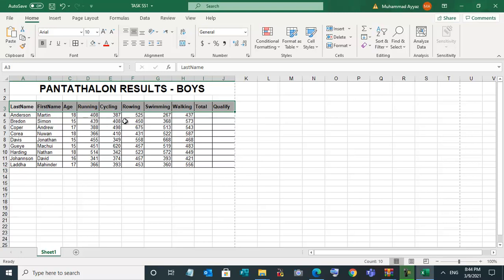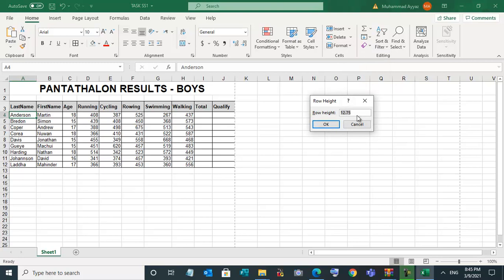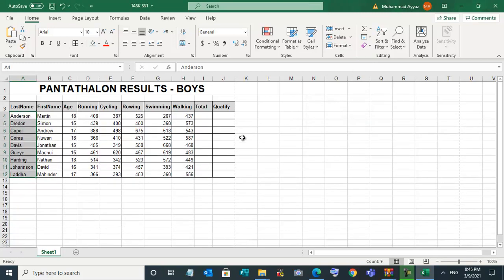Okay, and row size is also very small. So just click on this row and go to format and check row height, it is 12.75. Now select all rows, these are the rows, go to format, row height, and instead of 12.75 put 15.